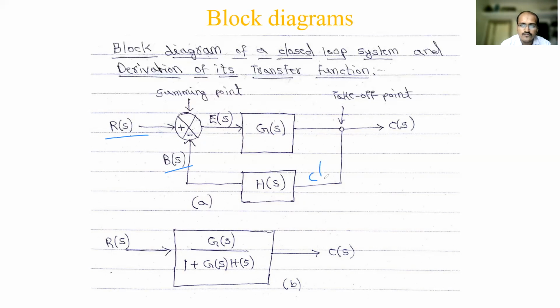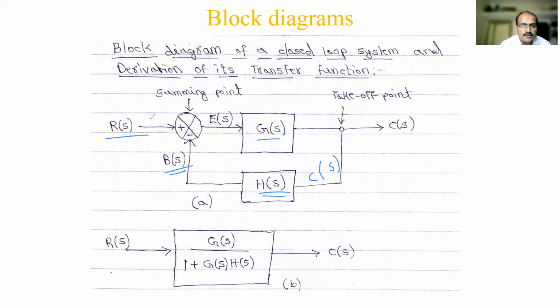For example, you took network theory results. Those results came from a system. You have written the exam, and VTU announced the results, that is the output. The same results are fed back to the teachers and students. Student side also you will correct it, right? You will make some changes in your routine and your reading style. In the same way teachers also will change something to improve the results next time. That output will be called B of S.